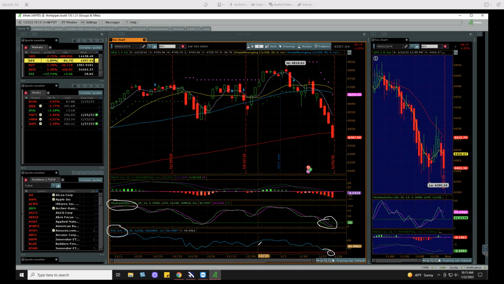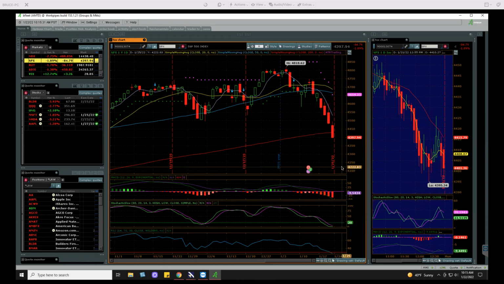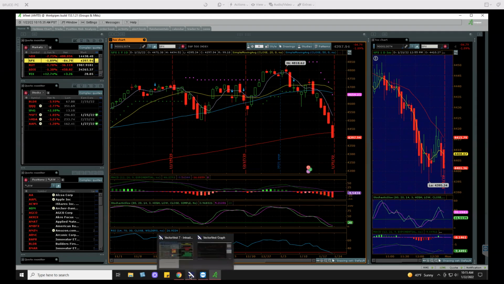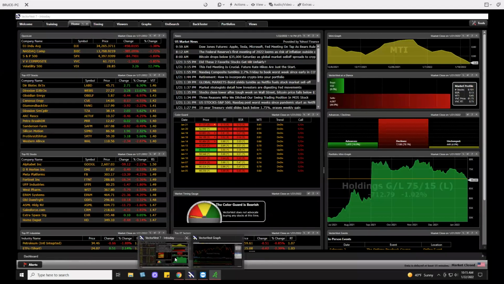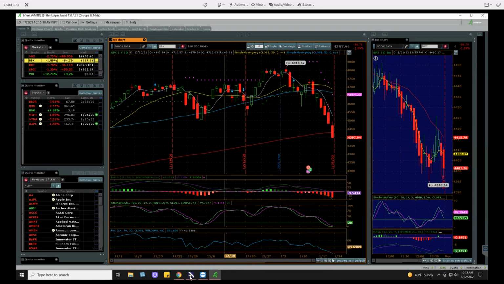So we've looked at the 200-day moving average right there. We've looked at stochastic, looks like the market's oversold. We've looked at the RSI, that looks like the market is oversold, right? And now let's go to just a couple other things, and then I'm going to put all of this together for you so it makes a little bit more sense. If I go back to VectorVest,